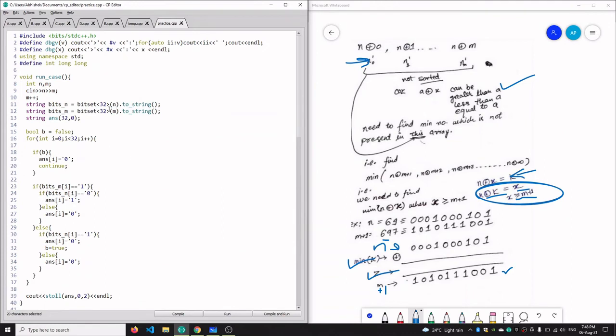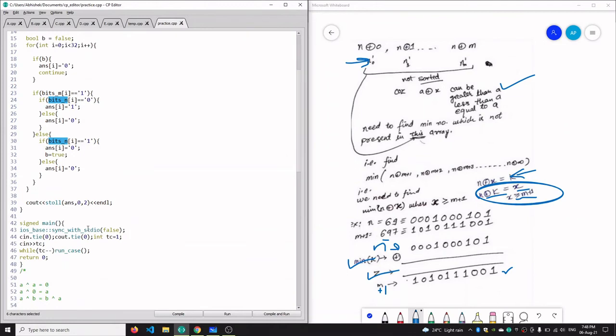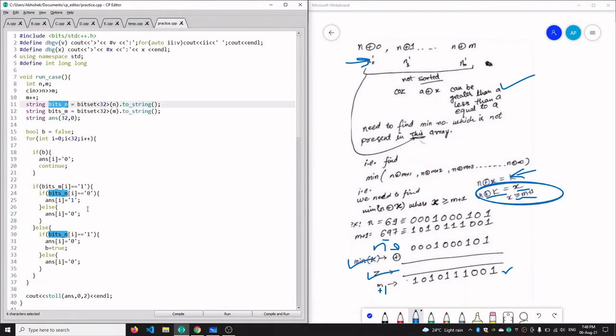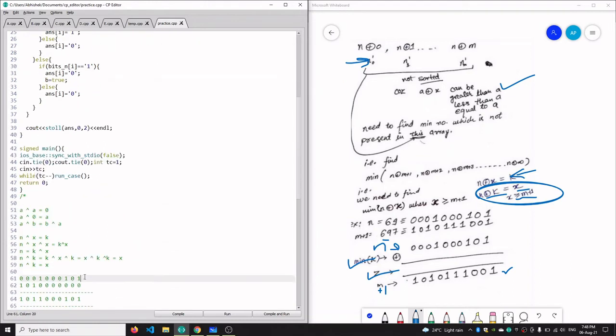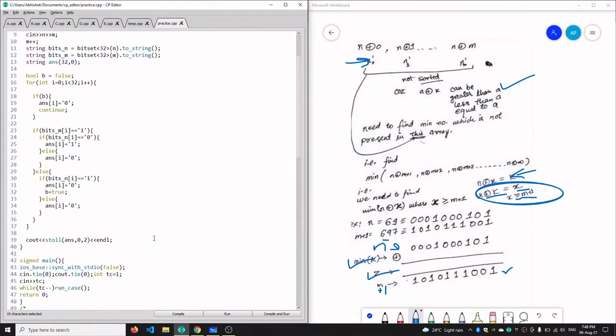So let's have a look at the code. First of all, we are taking input as n and m, and then we are incrementing our m by 1, and then we are finding their value in base 2 by this STL function. So we will get a string like this.